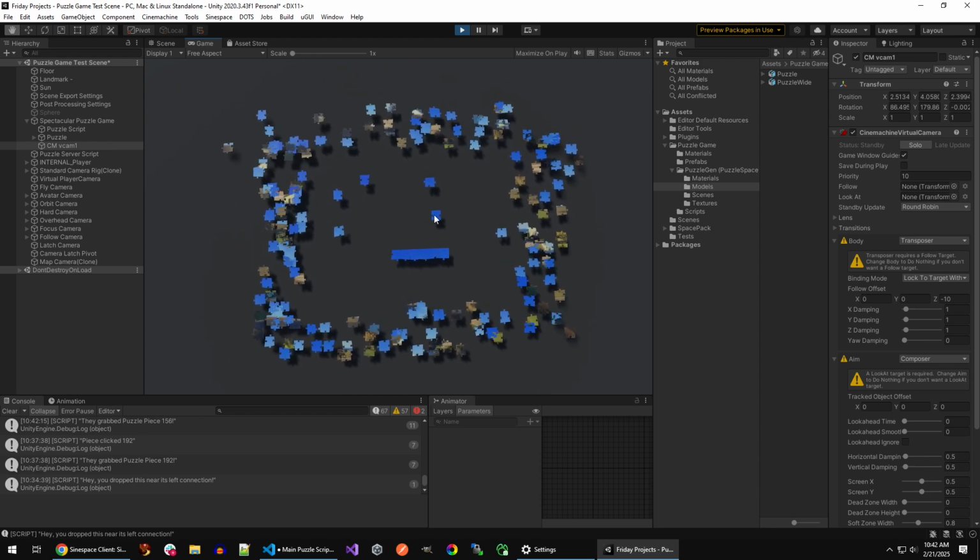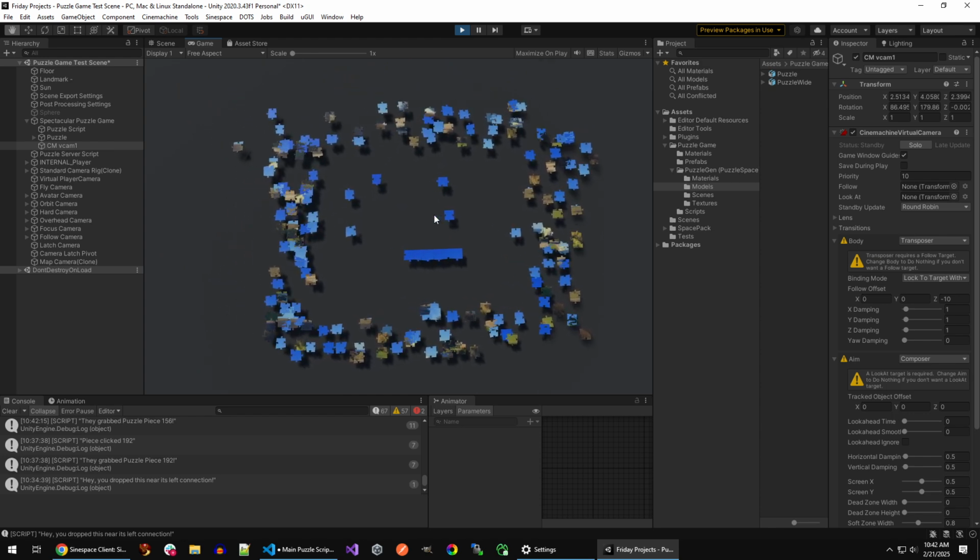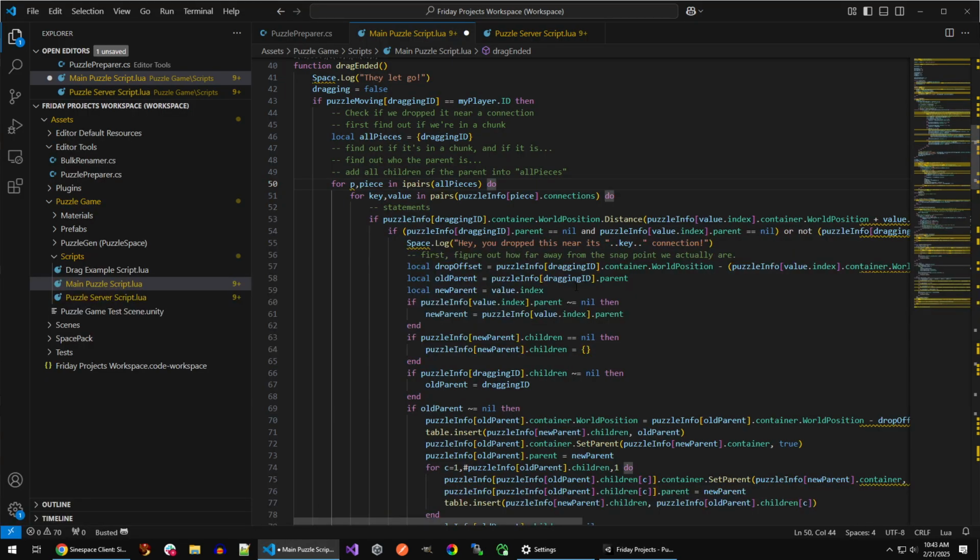Wouldn't that cause problems as well, though? Because when you are going to drag that chunk, it's liable to have a load of connections. Doesn't matter. You only need to find one. No, it doesn't matter at all. As soon as you find the first one, we're already doing that, right? So like you can see down here,